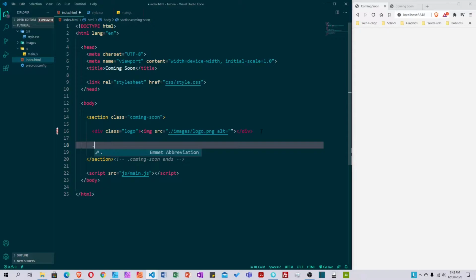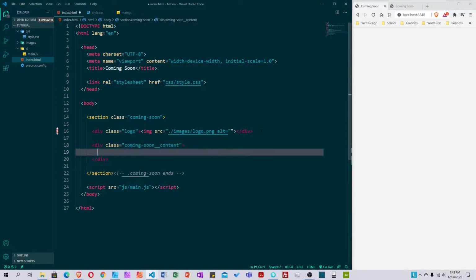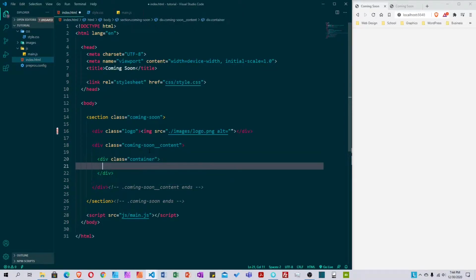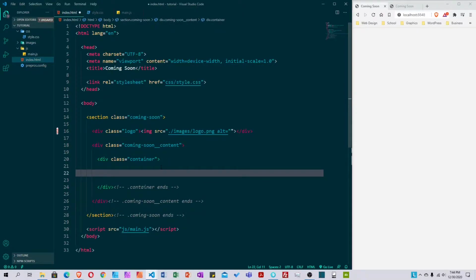And after the logo, we create a div called coming-soon with a class of content. Inside of here, we create another div with class container. Inside our container class, we create a heading h1 element that will say something very cool is coming